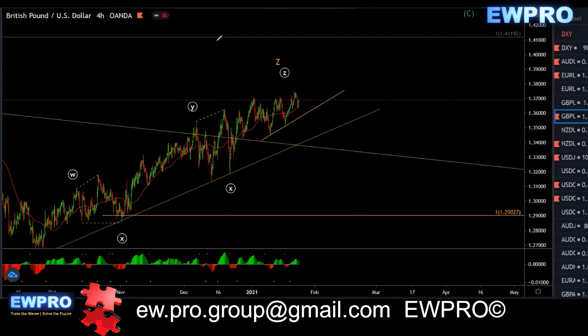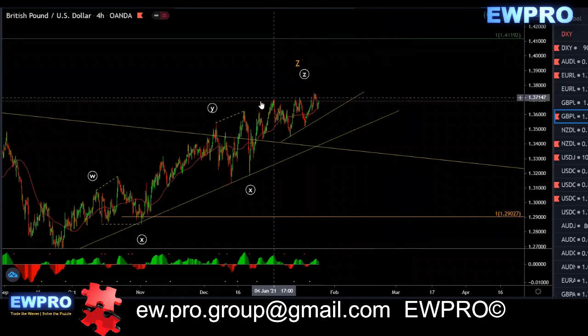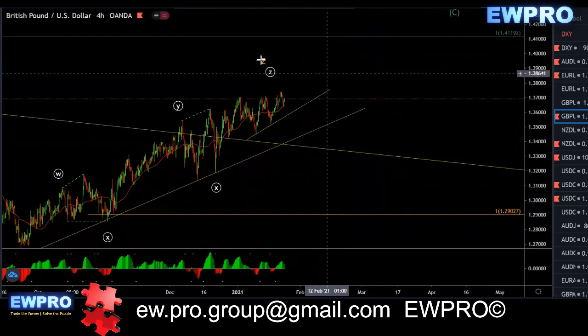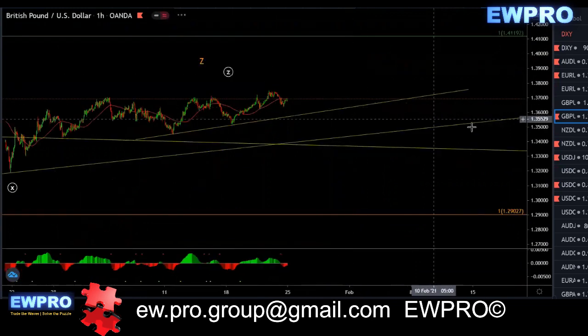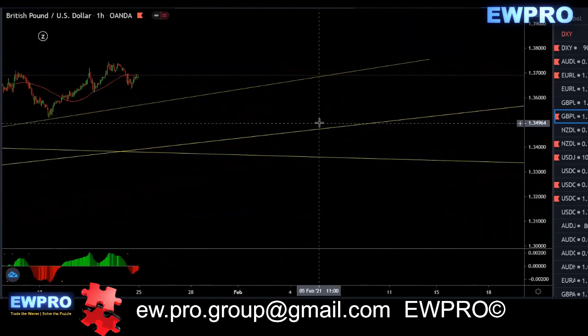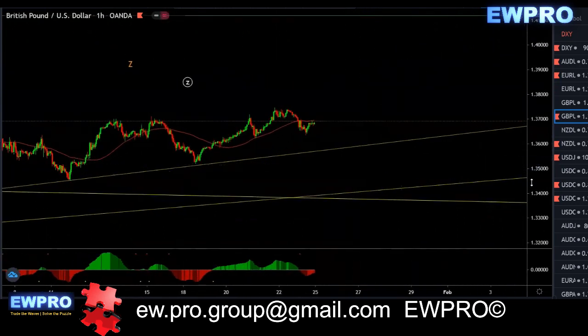Very risky to be buying up here, in my opinion. We've got a lot of bearish divergence. And there's no real sell setup yet either. On the H1,